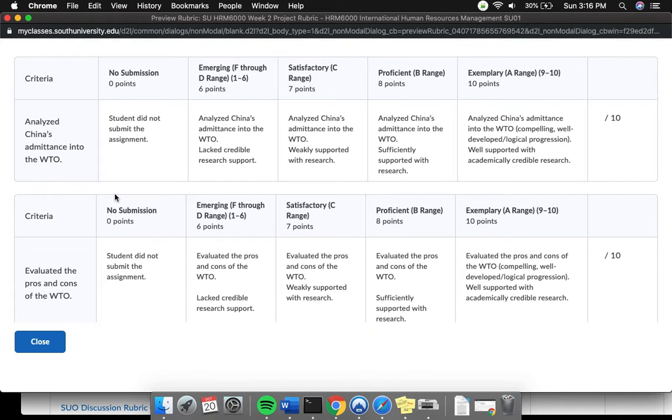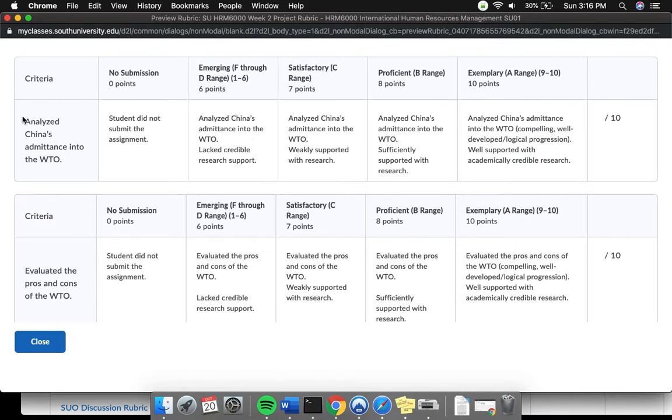Each criterion needs to be met here, and in order to do that in the exemplary range, you need to meet these requirements. What you will notice is each section requires research, so you need to be very mindful of that, because that will cause you to lose points. The graduate program is heavily based on research; there's a heavy research component in each class. You're going to expect that, so I'm going to be looking for that.